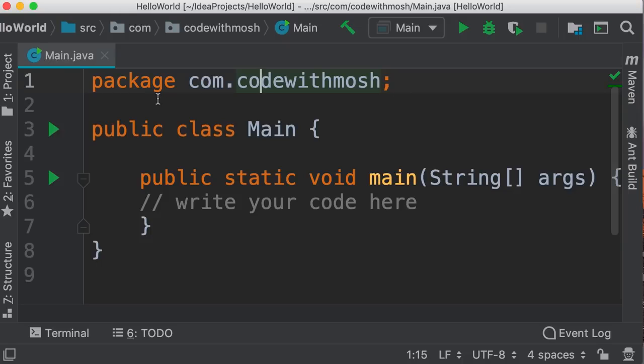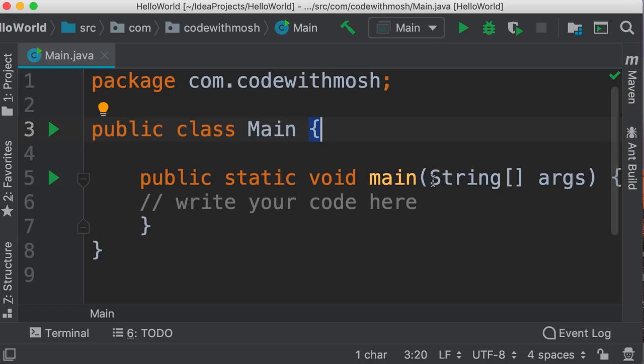So see what we have here. On top of this file, we have the package statement, and this is used to specify what package this class belongs to. So the Main class that we have here belongs to this package. Now this package statement is terminated by a semicolon. So in Java, wherever we have a statement, we should terminate that statement with a semicolon. This is exactly like C# or C++. Now below this package statement, we have our main class, exactly like what you saw in the previous tutorial. So we have public class Main with a pair of curly braces.